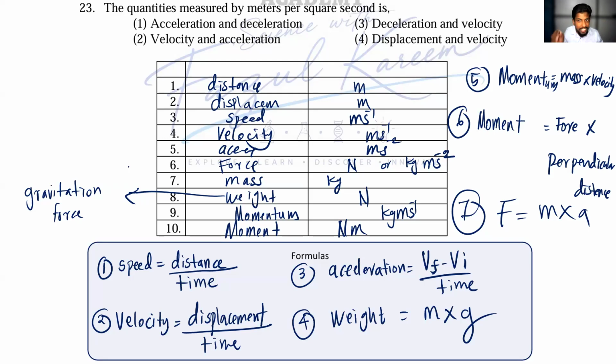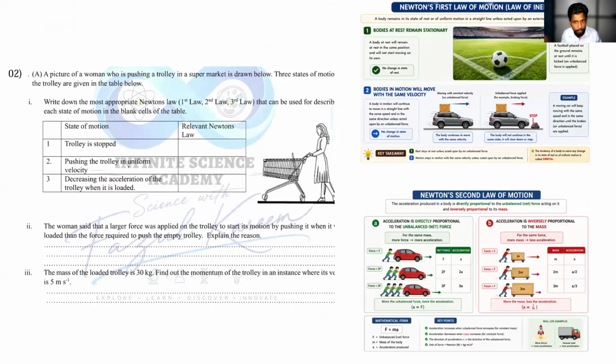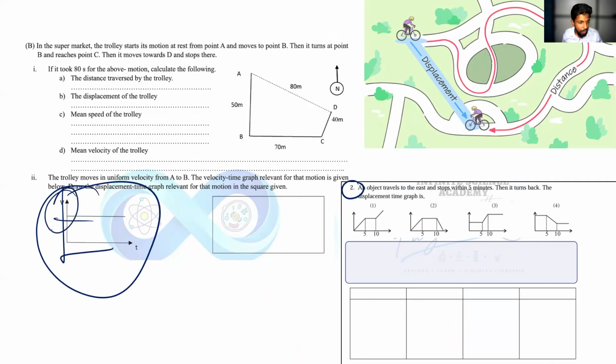So based on these ideas, try question number 1, 2, 3 structure questions by yourself. This is distance and displacement, which we discussed today, right? And in question number 2, we may remember that we had discussed the displacement time graph and the velocity time graph. Here, can you relate that? They have given the velocity time graph for the uniform velocity, and they are asking you to draw the displacement time graph for the uniform velocity. You may remember, we have drawn the graph like this.